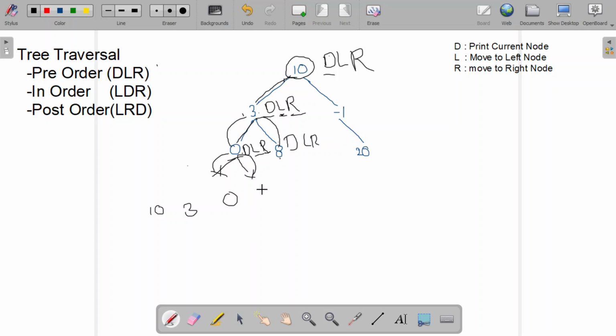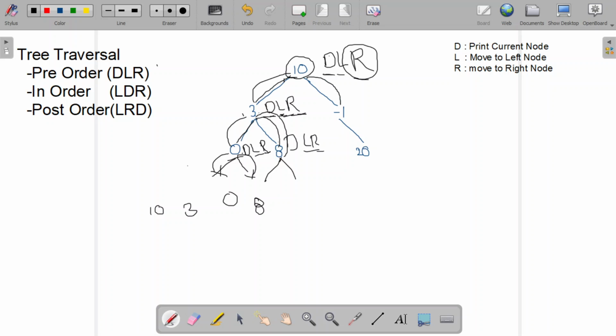Here I am printing the current node, and going left side it is null, and going right side it is null. So going back to the same node, and here current node, left node, right node is printed, and going back to the root node. Again here we have completed printing the node and going left, and the leftover thing is we need to go right.